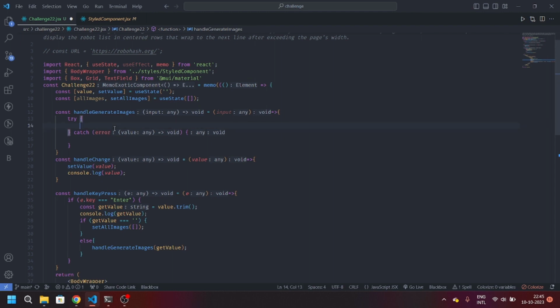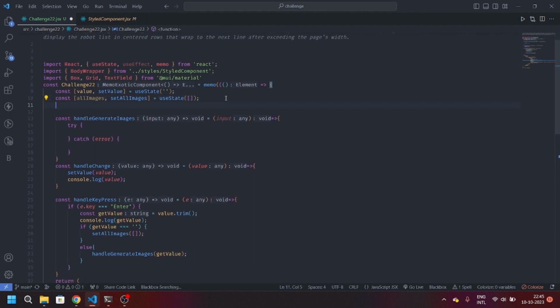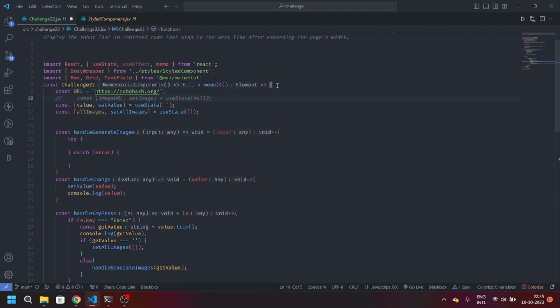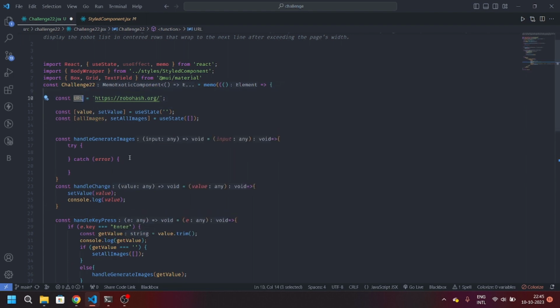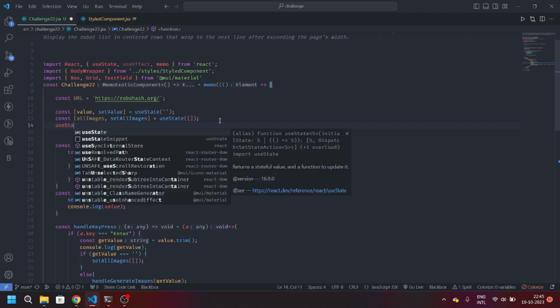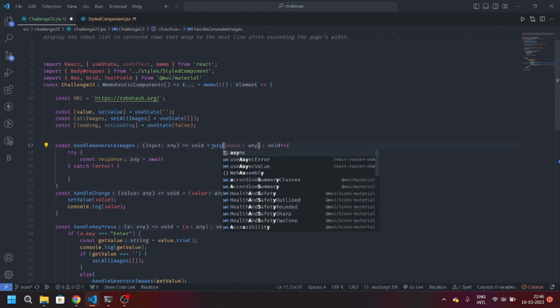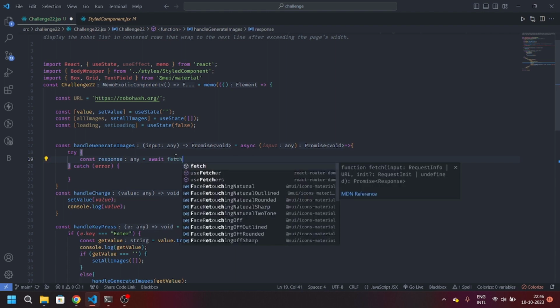Inside the try we have this URL. We will cut it with Ctrl+X, Ctrl+B, move this link to the top, and put the URL here. Now we will need some more state, which is initially the loading one, and then setLoading to be false. Now const response equals await, and this is an asynchronous function, so it will accept the async keyword. Fetch